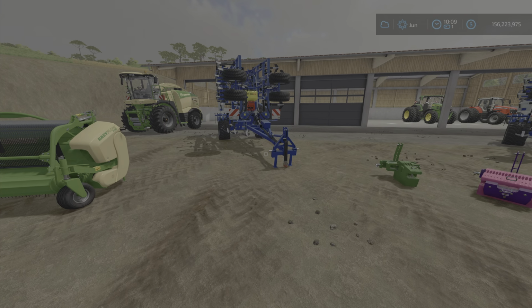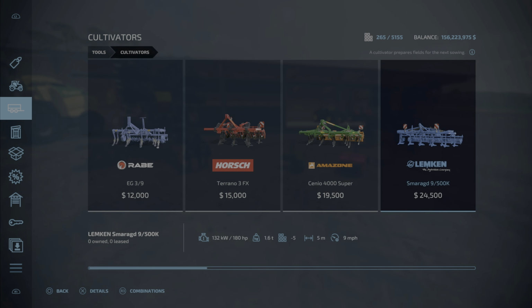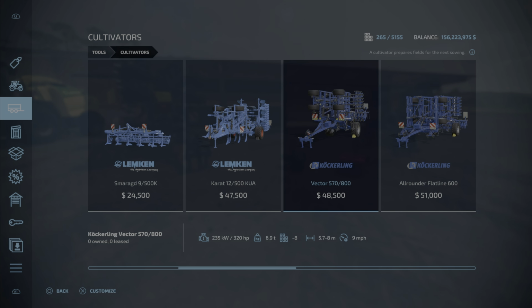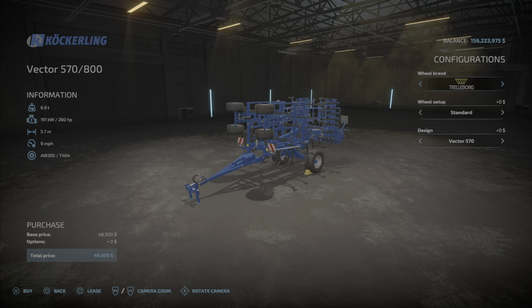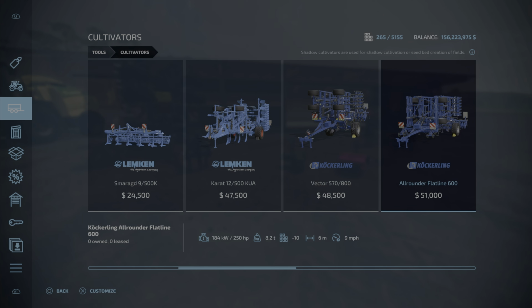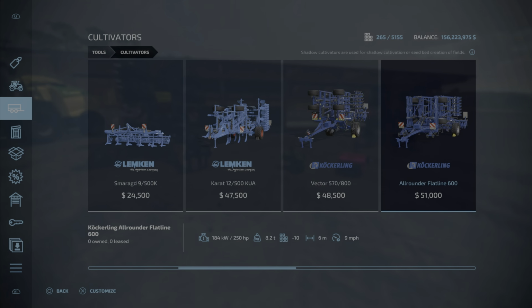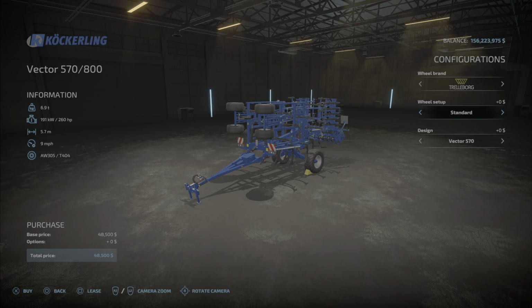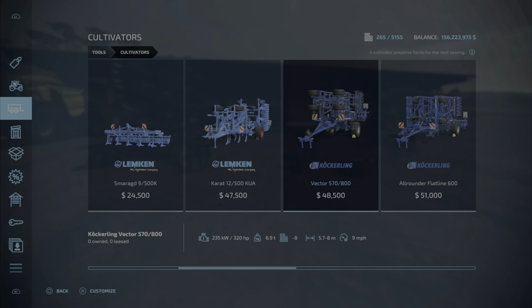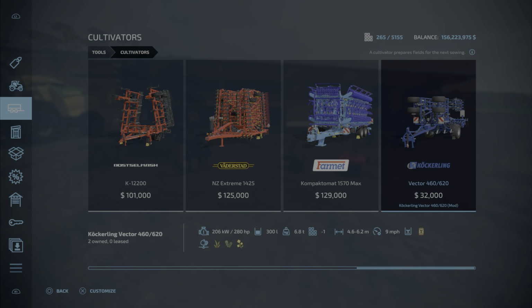And then we come to the Croakerling Vector 460-620 by Vertex Design. Now this is an interesting one. This is in cultivators. So the base game Croakerling, we have two of them, the 578 and 800, 5.7 meters and 8 meters. Those are your options. That's the in-game one. We also have the all-rounder Flatline 600 that comes in at 6 meters at 51,000, and 68,000 for the 8 meter. So we do have a couple of those here, but here's the one that dropped today, the Vector 460-620, $32,000